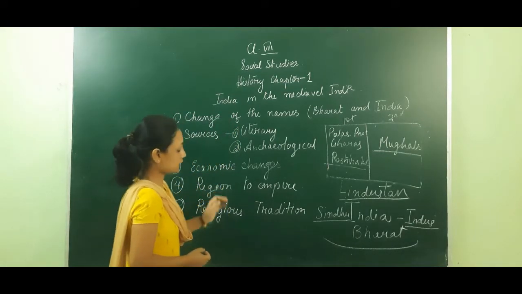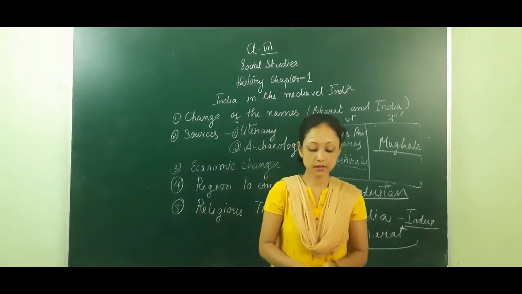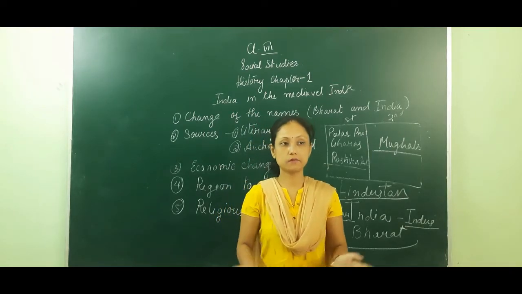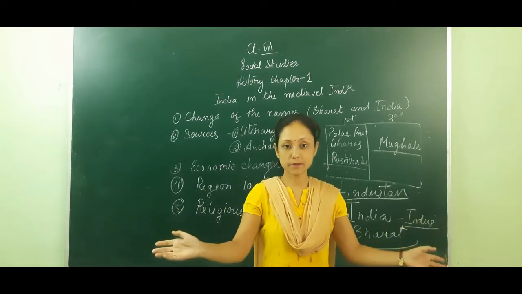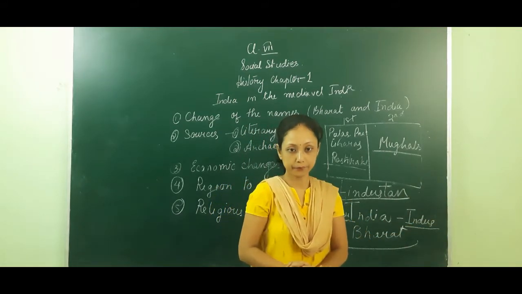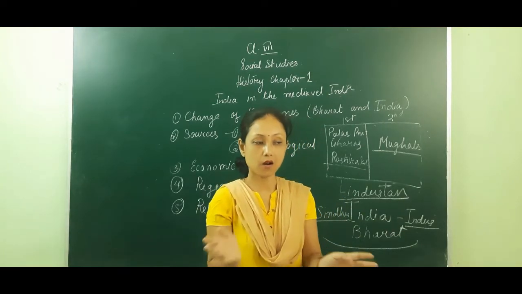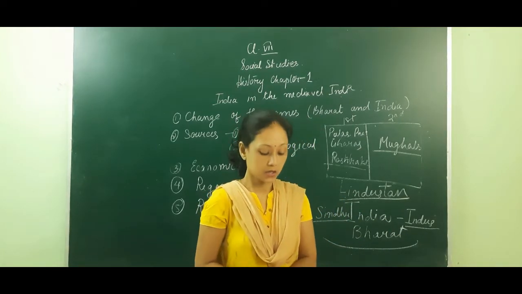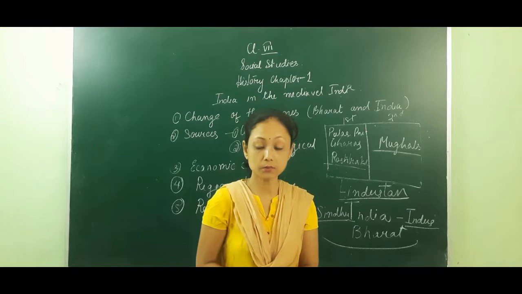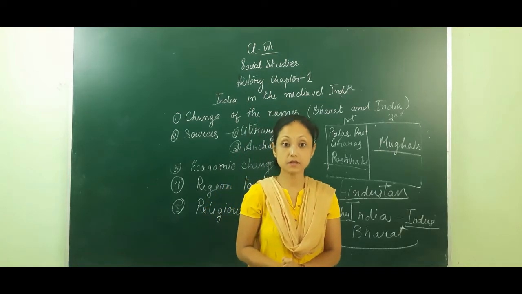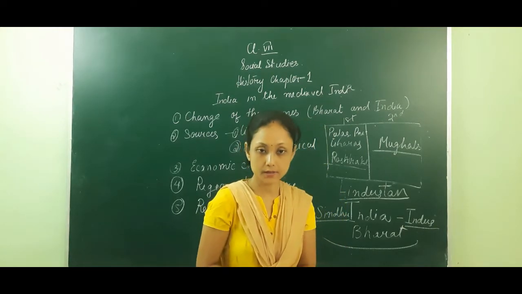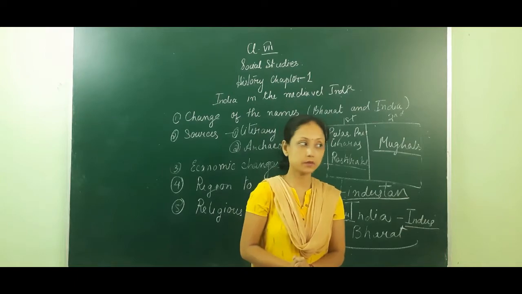Now in our historical time, we find that the kings used to fight with one another with lots of armies, and whoever won conquered a new land. This was a war or struggle between different kings. Now in this medieval time, one struggle was very famous, and that was the tripartite struggle. This tripartite struggle was fought among the Palas, Pratiharas and Rashtrakutas, which we have discussed in the first